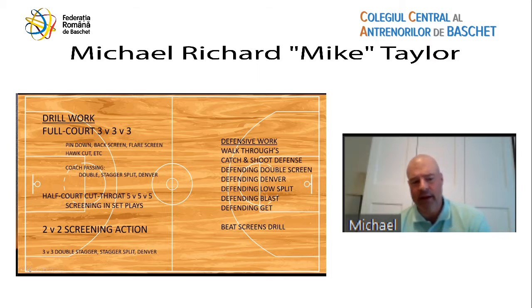I think this really does a great job of emphasizing the importance of team defense, and it allows you to get repetitions for these guys so that they can be coached on the court, walk it through, and learn it, right? So we'll look at several of our Polish national team and Hamburg Towers detailed breakdowns of defending screen situations. Our team defensive concept has 40 situations for walkthrough. And I would encourage all coaches to look at your team defense, look at